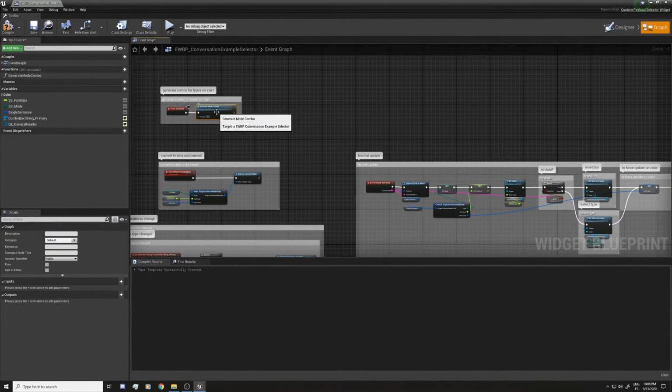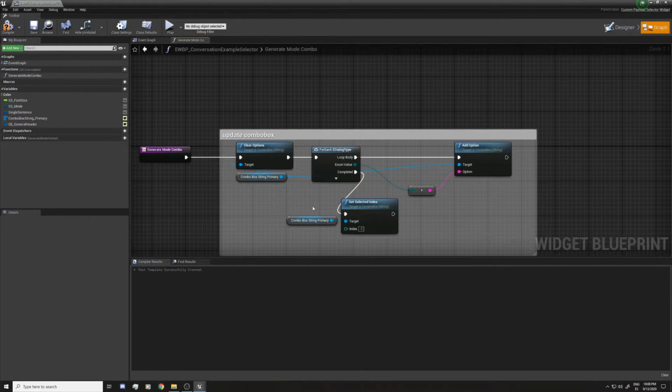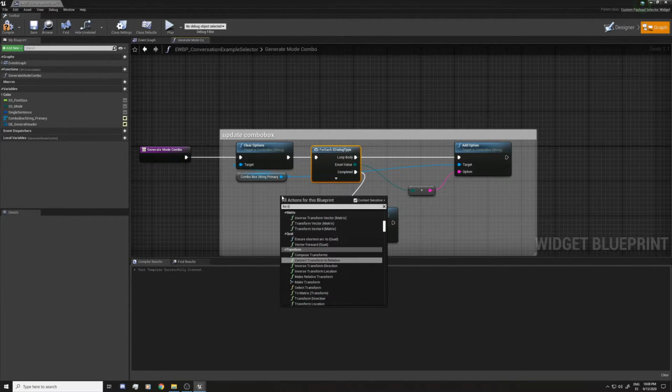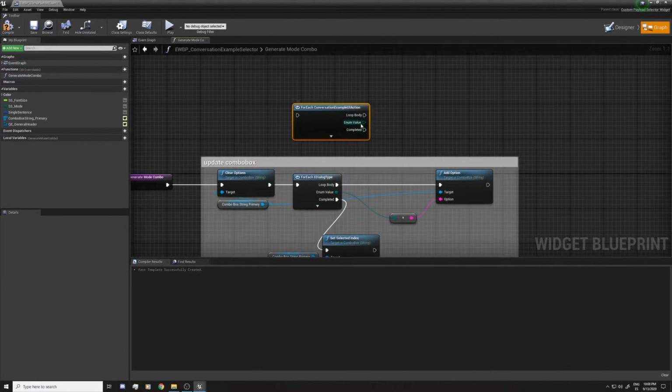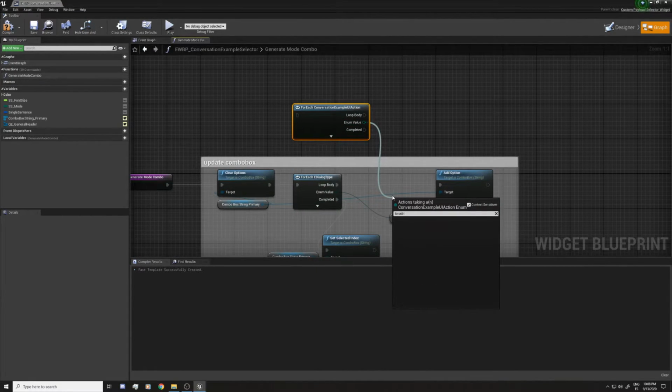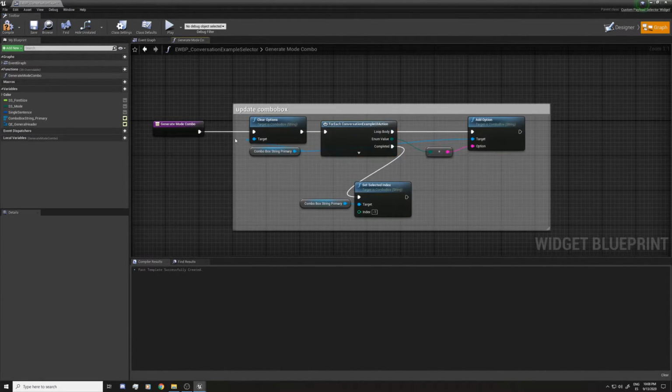For the combo box, we're gonna need a new enumerator that we created. If you see, this is generating the options dynamically with the numerator, and we're gonna do the same but with a different one. So if you go for each, and if you remember the number of the numerator for each conversation example UI action is this one. We're gonna convert this one to a string, enum to a string, and we're gonna use this one. If you hold Control and drag, you can move the pins, and now we should replace the combo box.